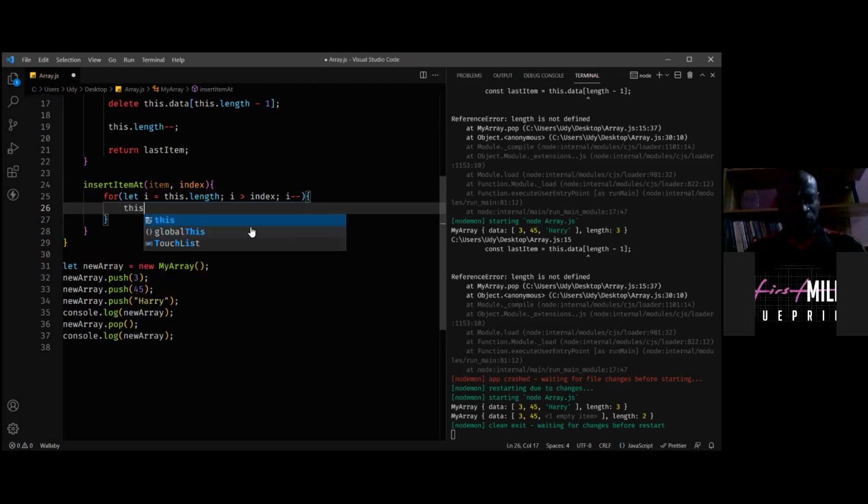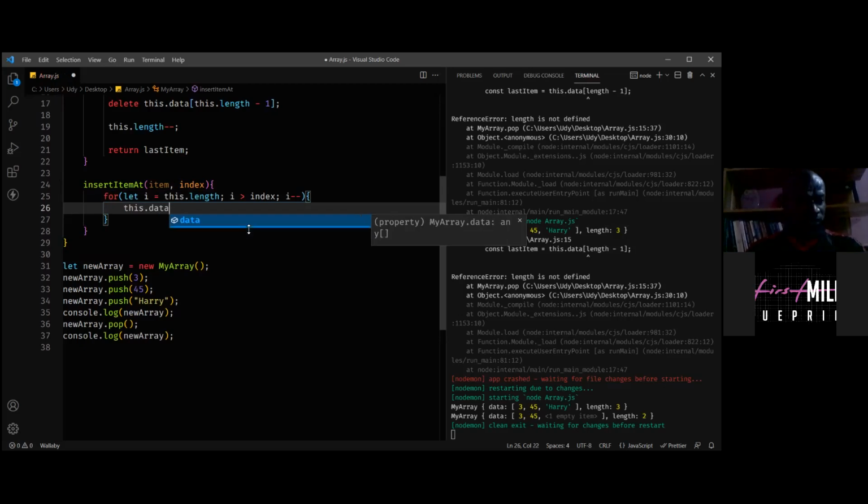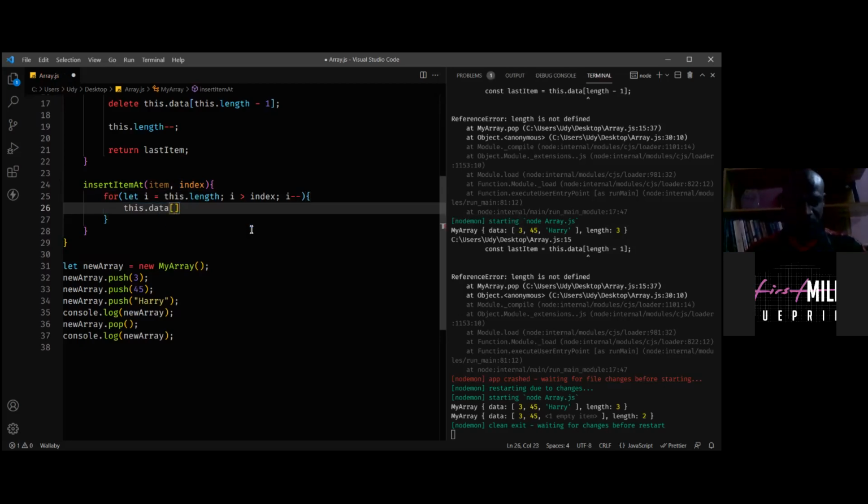We are going to grab this dot data, square bracket of i, and make it equal to this dot data, square bracket of i minus 1.